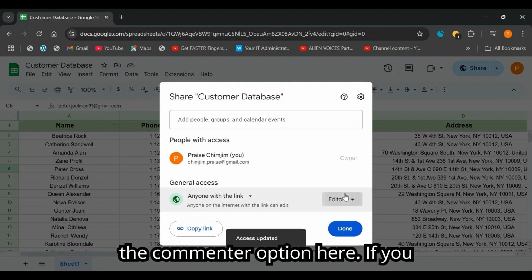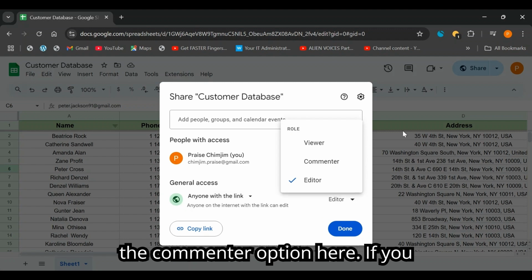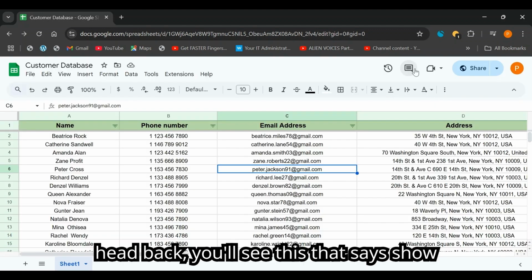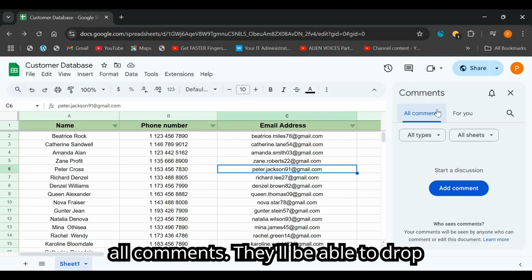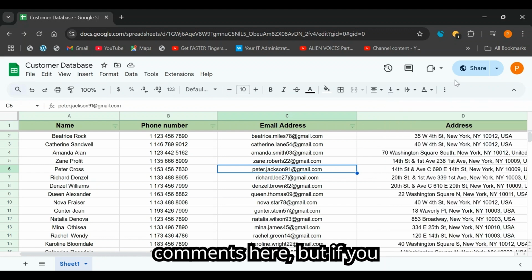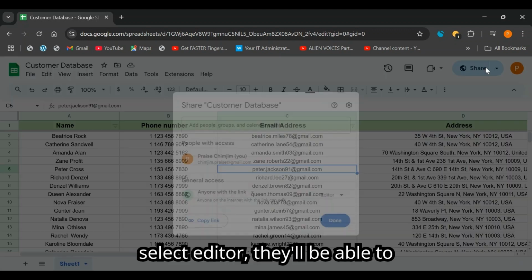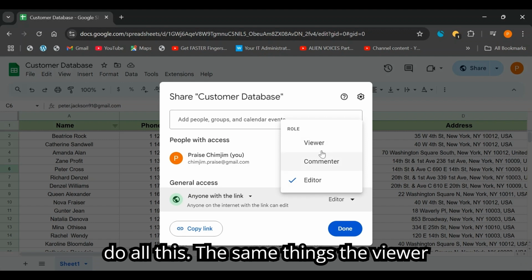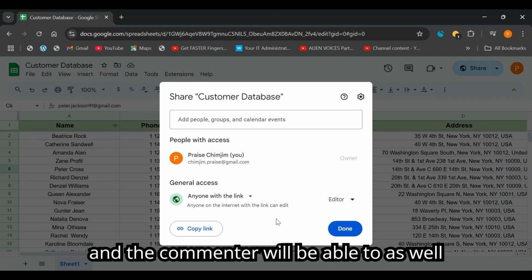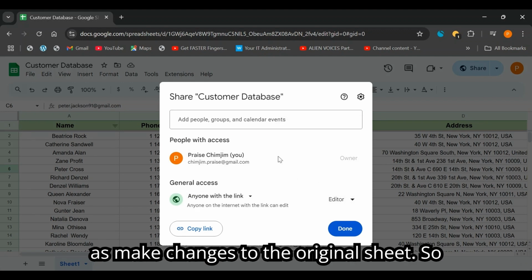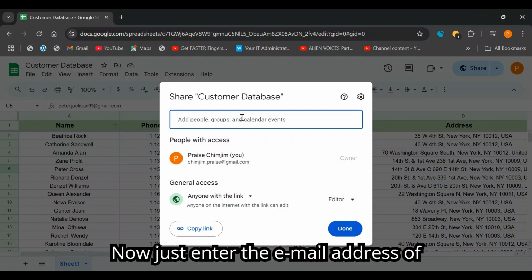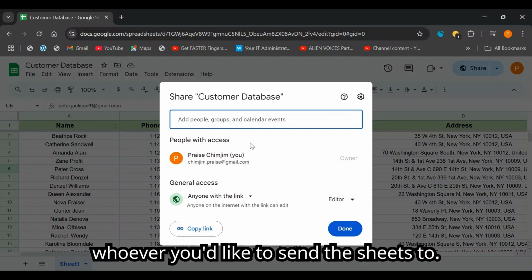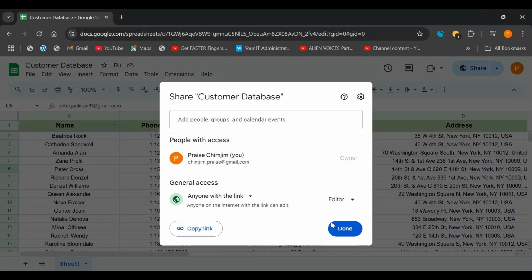And if you select the commenter option here, if you head back, you'll see this that says show all comments. They'll be able to drop comments here, but if you select editor, they'll be able to do all this, the same things the viewer and the commenter will be able to, as well as make changes to the original sheets. Now, just enter the email address of whoever you'd like to send the sheets to and click on Done,